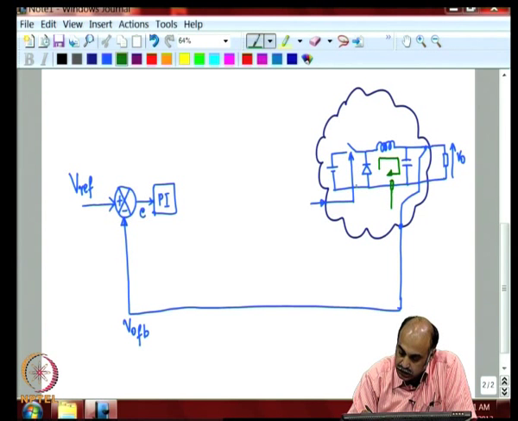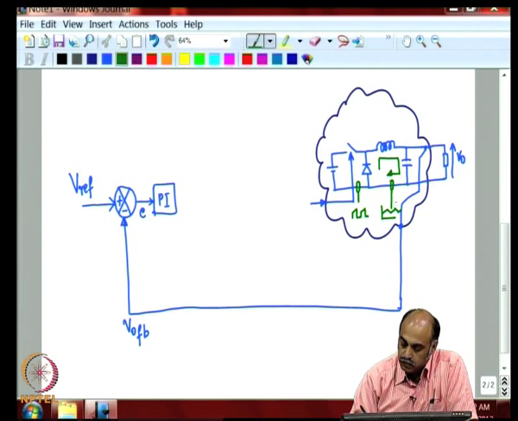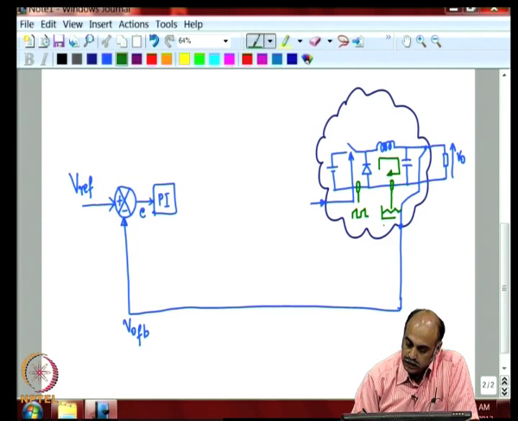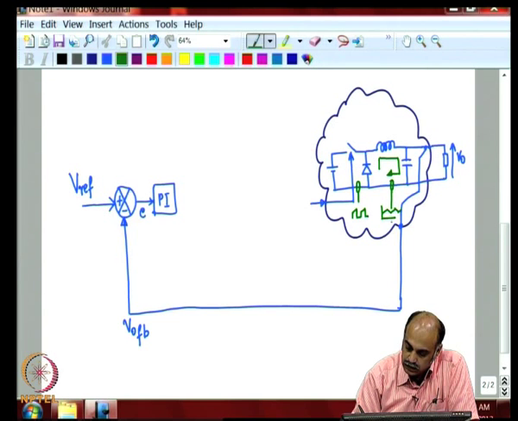You could also measure it here, which will give you an idea of the inductor current. Of course, this will be switched, it will be in this fashion, whereas here it will be continuous in this fashion. So, whatever, we will take this inductor current measurement